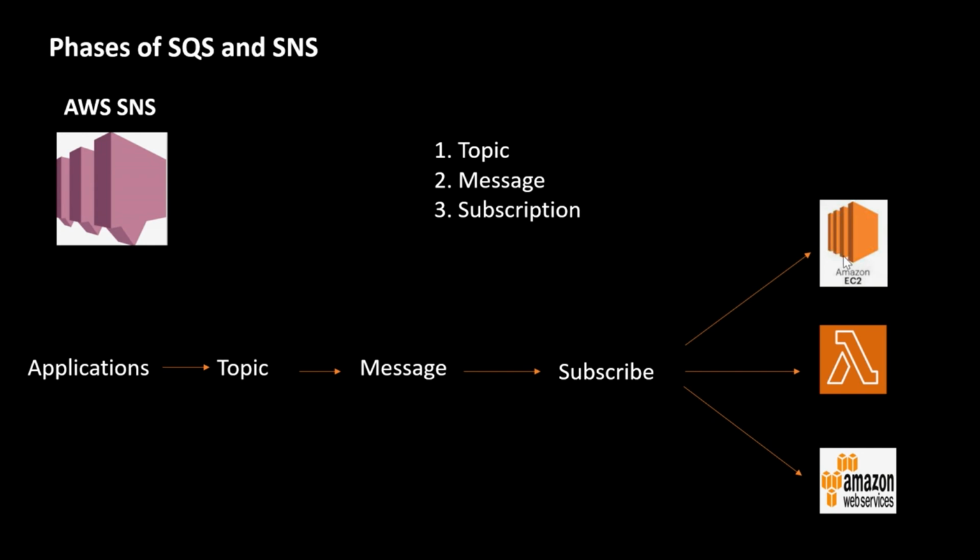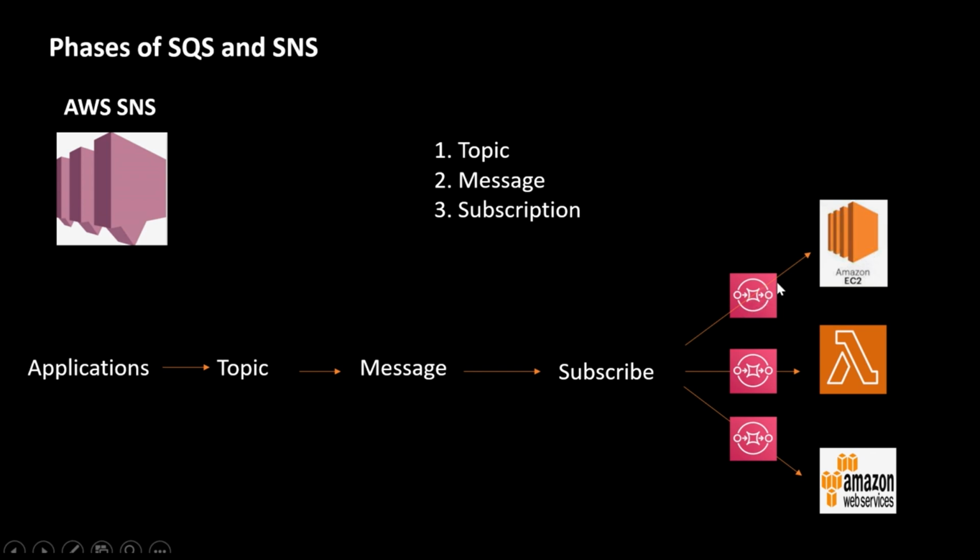And that is where SQS comes into the picture with SNS. What will happen if we bring SQS in front of all these services? We already know that SQS works on the queue methodology. It means all the messages sent from the applications get stored inside the queues. So if we introduce the SQS service, whenever a service comes back up, it can simply retrieve the messages from the queue and receive them. But if we don't introduce SQS here, these services cannot receive the messages.